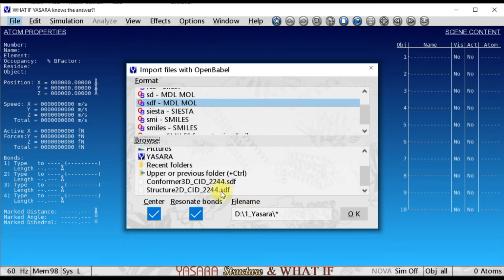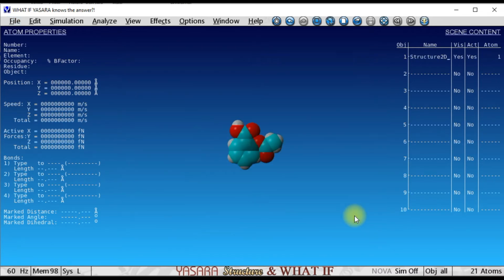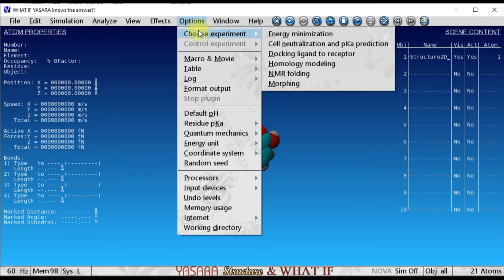First I will show you the 2D conformer. So I am selecting structure 2D. Click OK. So now you got this 2D structure of this aspirin loaded onto the SRA. In order to energy minimize this, you need to go to options, choose experiment and click on energy minimization.